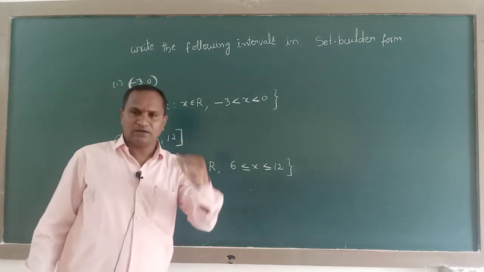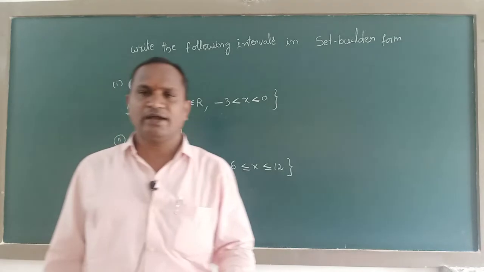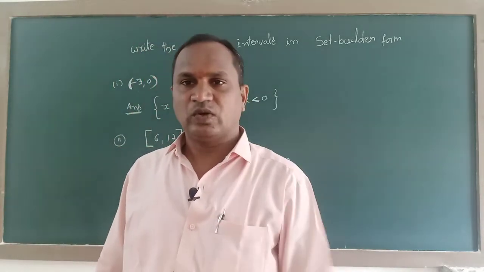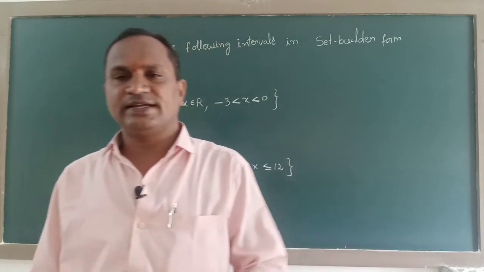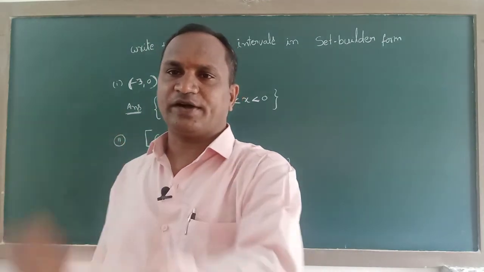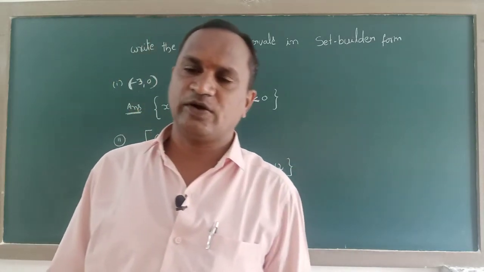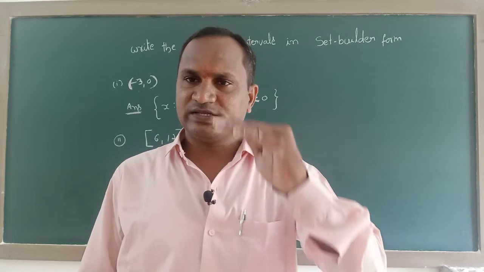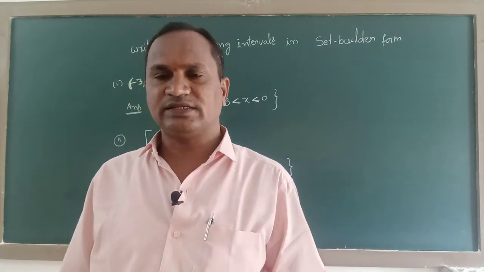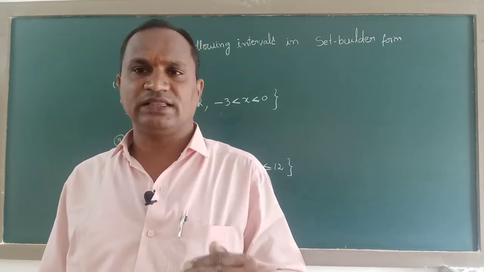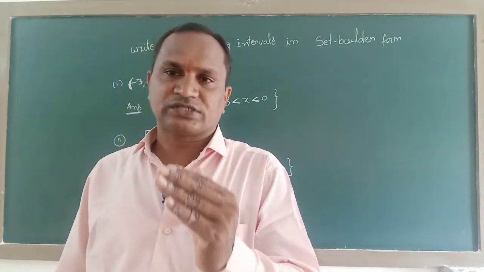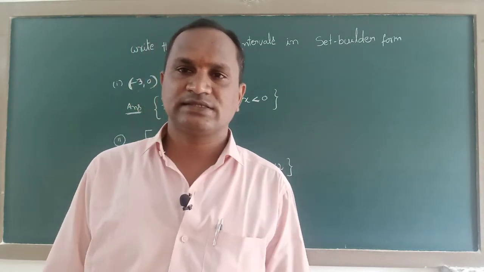Open interval, whichever side it is on, that side we must exclude that endpoint. Closed interval, whichever side it is on, that side we must include that endpoint. Including means we must represent it with a square bracket. Exclude means we must represent it with an open interval, meaning curve shaped brackets.